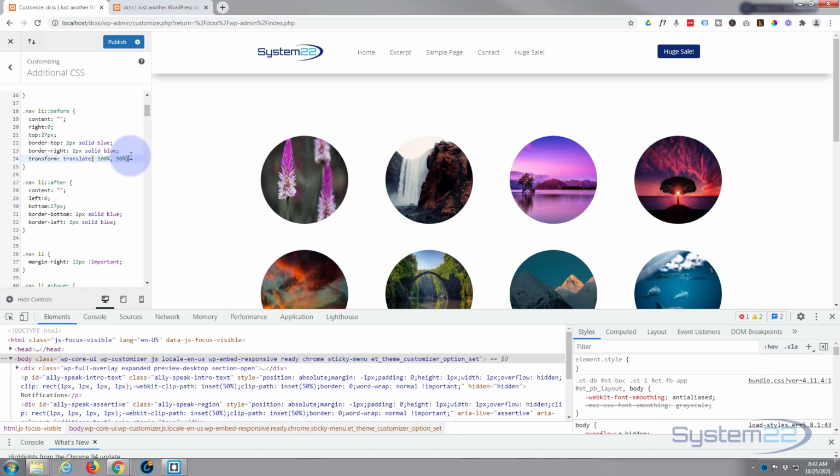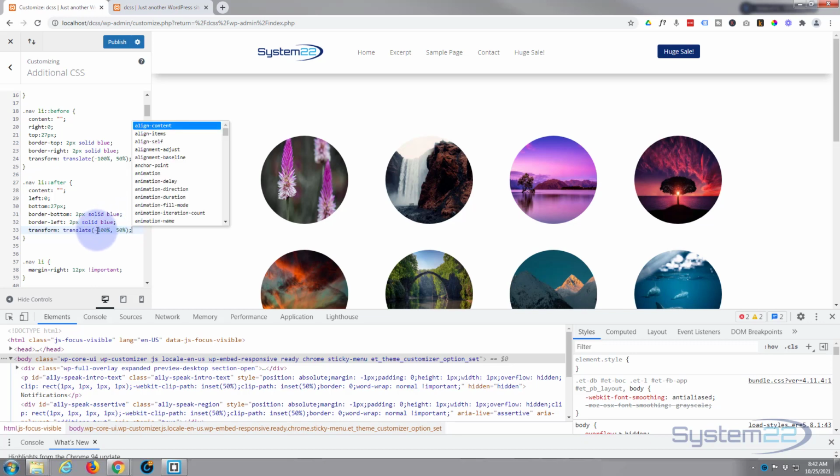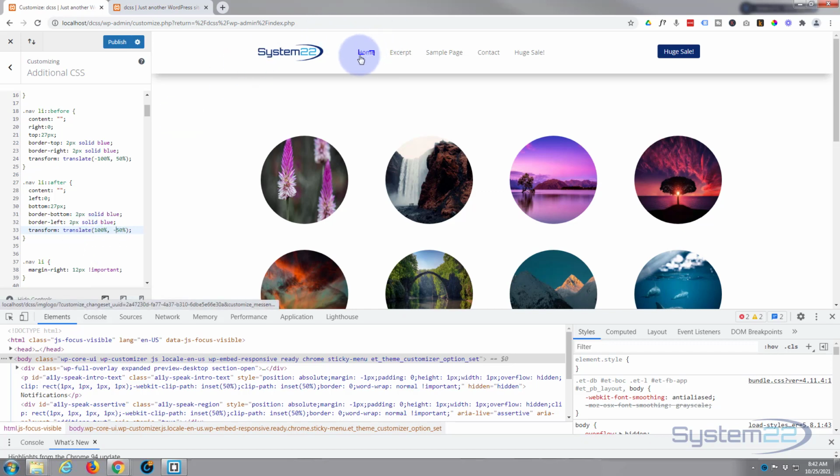And I'm going to copy this, and I know you can't see what's going on yet, but all will become apparent. I'm going to put it in the after as well, but I'm just going to switch around those numbers a little bit. So we've got positive 100% and negative 50%. That should work. Then I'm going to bring it all back, because what I've done is sort of skewed it like that, so it's right over the top of the writing. Then it's going to come out when we hover over it to our original position. So what I can do now,